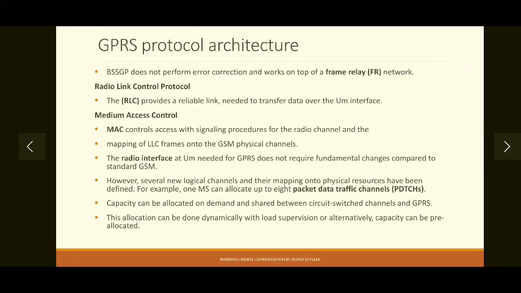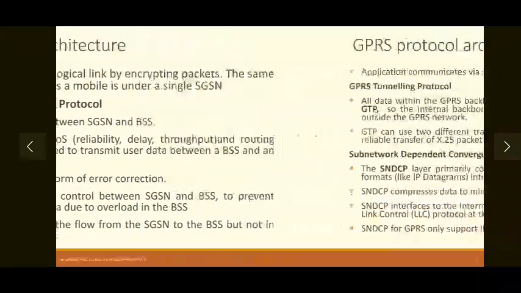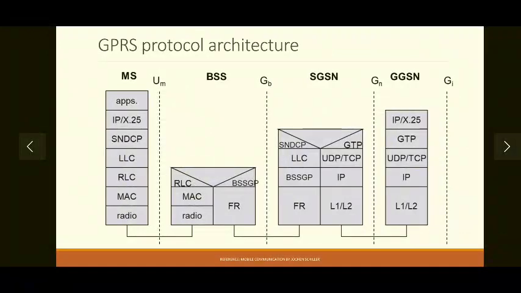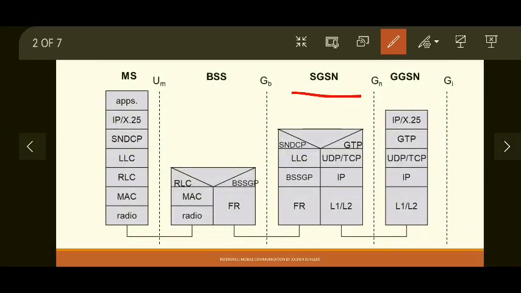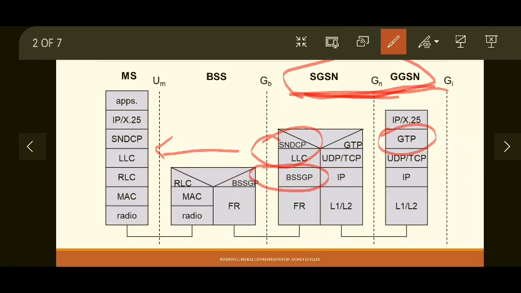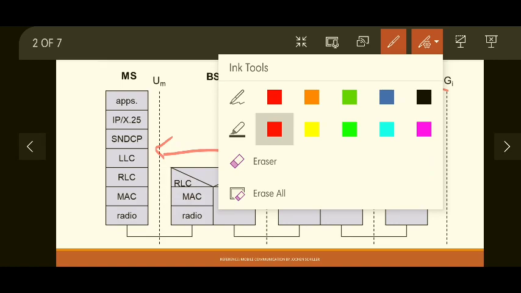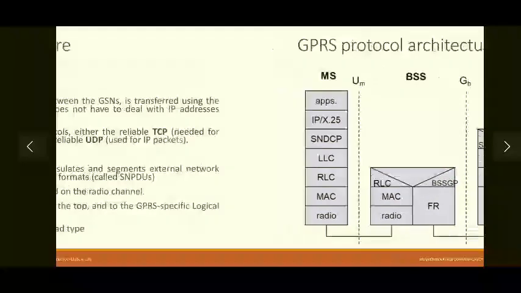So in the first part, we saw the actual general architecture, which new components have been introduced like SGSN and GGSN. These were new in the actual architecture. And then to support these new components, which are nothing but routers in general, there will be introduction of new protocols like GTP, SNDCP, and BSSGP, which will help in transforming external packet data into the format understandable by the internal network, that is GSM network. Okay, so this is all about GPRS.